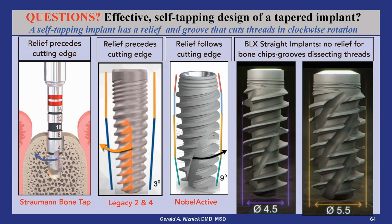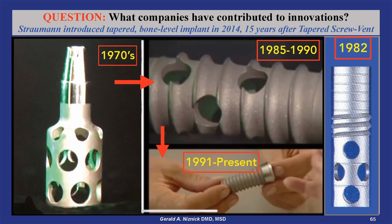It has grooves cut through the threads at an angle, but without any relief area traditionally found in bone taps. Many companies contributed to the evolution of implant design, starting with the Straumann basket implant with its narrow neck of the 1970s. This led to the development of Corvent's hollow basket screw implant in 1982. By 1985, Straumann added threads and a full diameter neck to its hollow basket implant, but ended up violating the